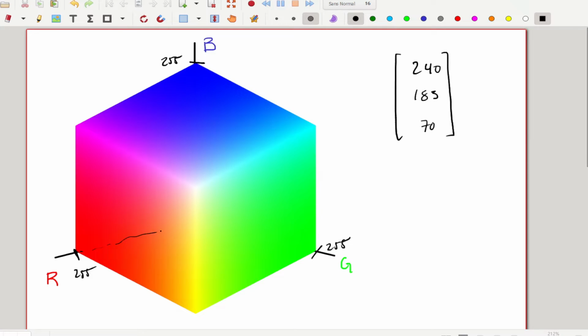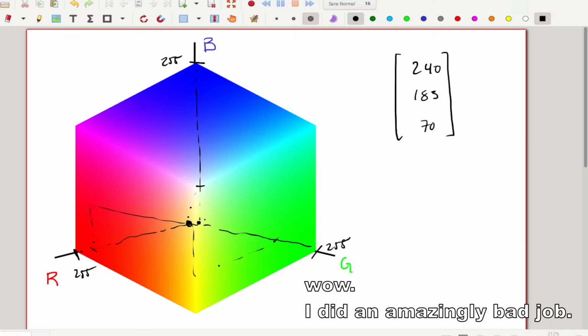we need to find where the origin is. So if we draw in the axes that go to the back of the cube, we have our origin here. We want to go around 240, which is roughly here, in the red. Say around here is 183 in the green, and then around 70 or so in the blue. And we want to draw the point that is at those 3 coordinates, and we get a